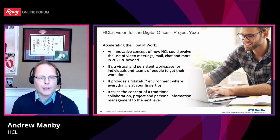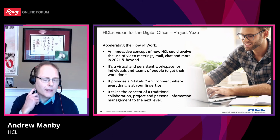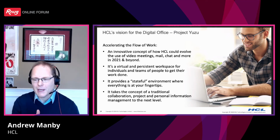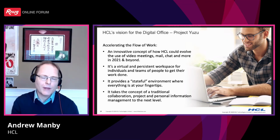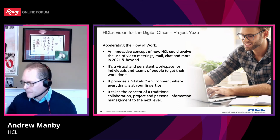Also, one of the things that we've noted is all of us work with multiple video meeting software throughout one particular day. And what we find is that there's no persistence, no maintained context before the meeting or after the meeting. So one of the things we want to do is really think about how you maintain persistence. They have persistence when you're working in a specific project. If you have context,